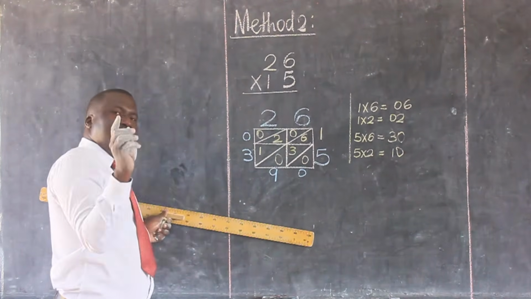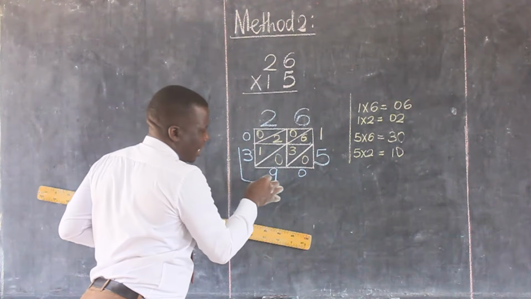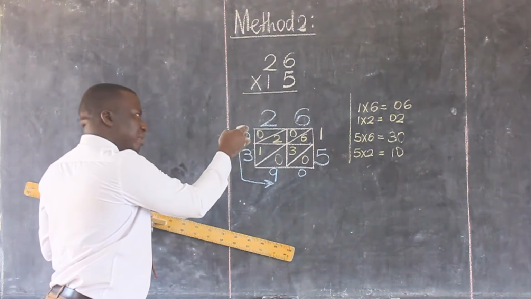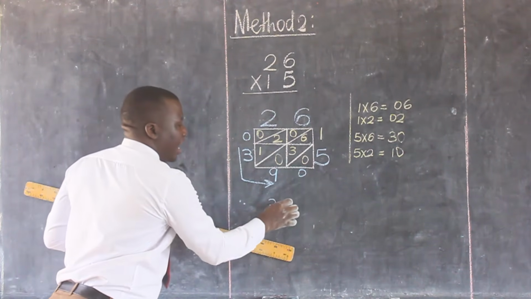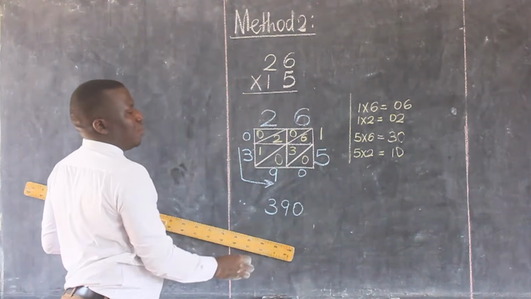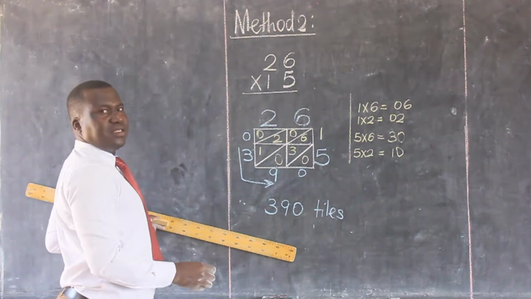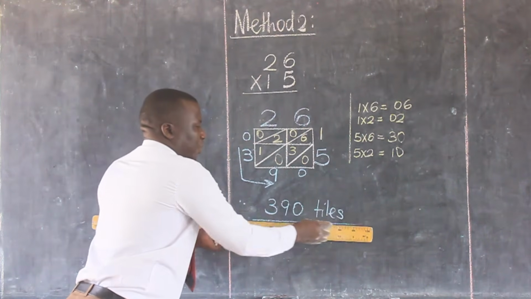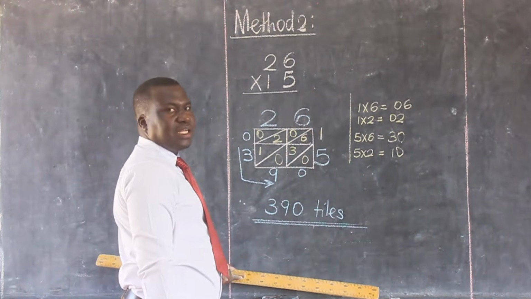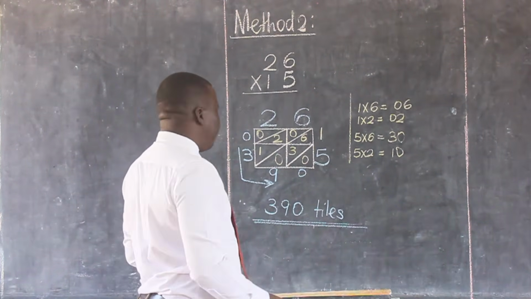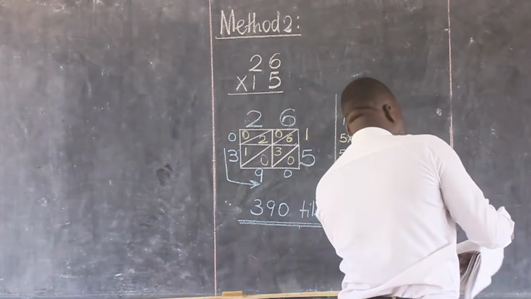Okay? So when we are considering now our answer, we start from up here going this side. Remember this 0 has no effect. So we shall start from 3, then we go to 9, then we go to 0. So there are how many tiles? There are 390 tiles. I hope you, dear children, you are understanding this multiplication using lattice method. In our last example, which is example 4,